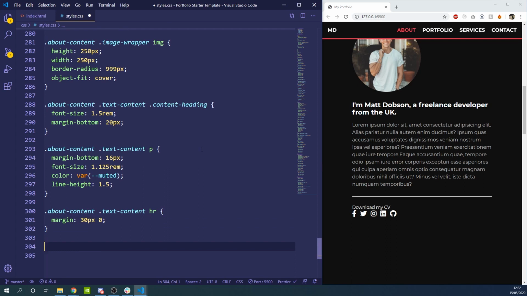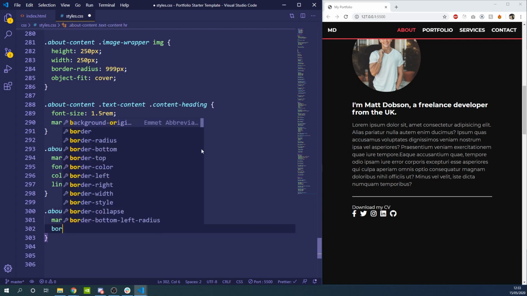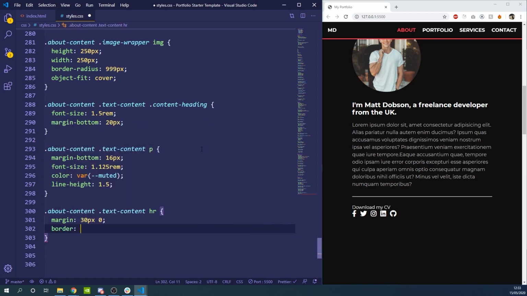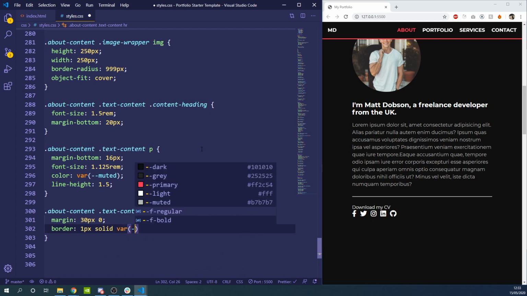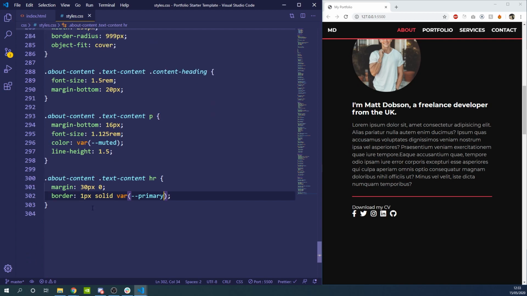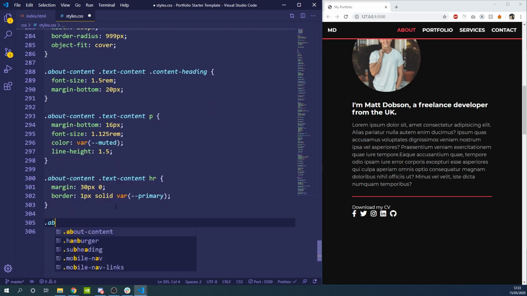Okay, so right from there, on the HR, we want to change that to a nice pink, use our primary color, choose a nice bold color. So we're going to set the border. The way that the HR gets its color is through borders. So we're going to set the border to 1 pixel solid, and set it to primary, and that gives it a nice pink, which works with our color scheme nicely. So we can then go to about content